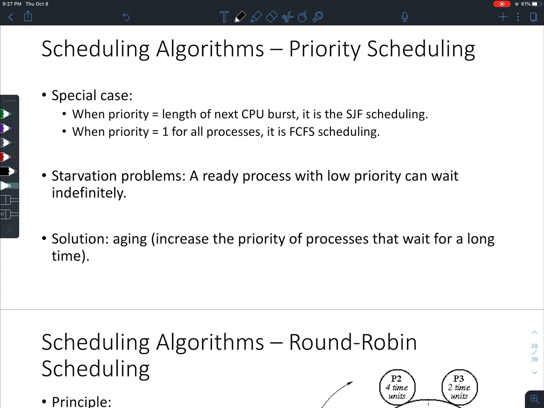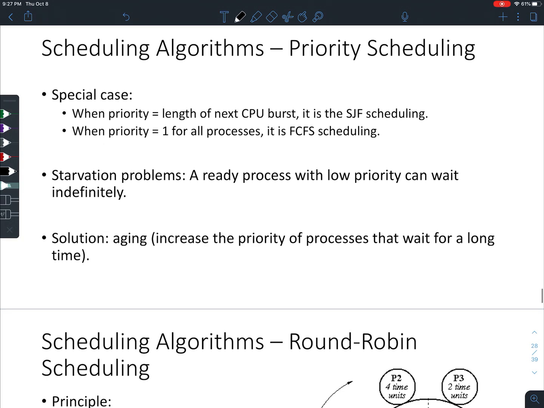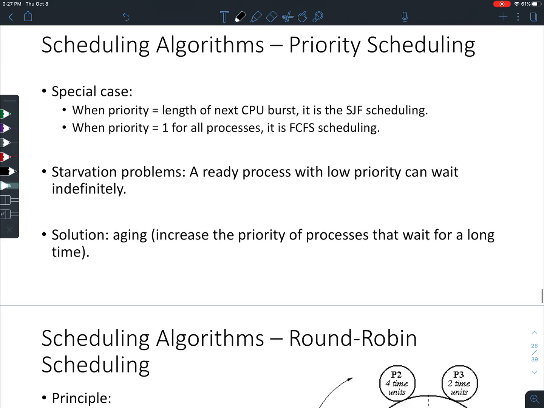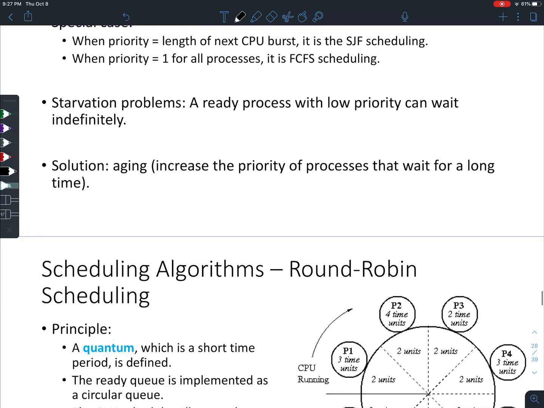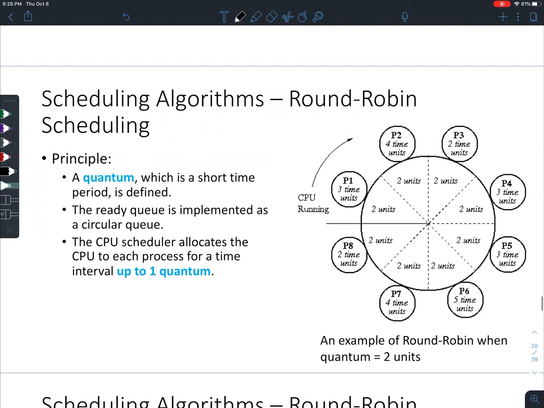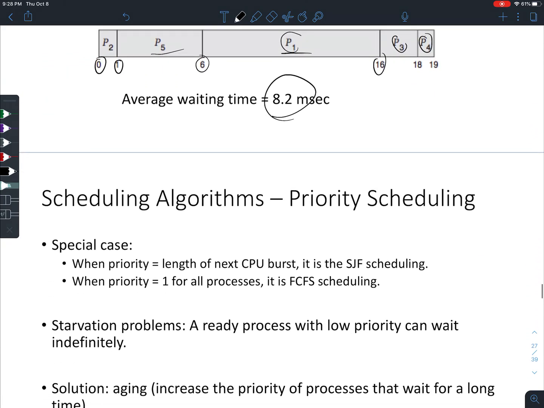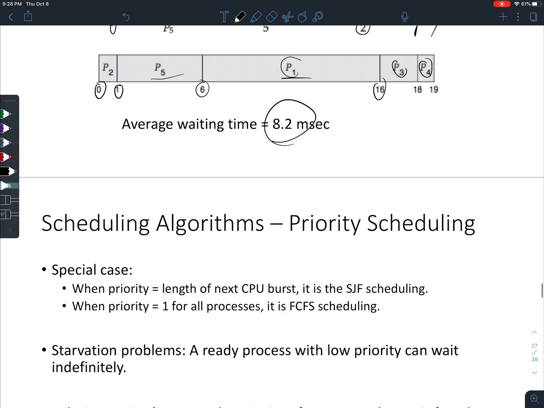The problem of the priority scheduling algorithm is that it usually takes a very long time for a process with a low priority to wait. And it's possible that those processes with low priority may never be able to run. They're just stuck in a waiting list forever. So then to solve the problem,